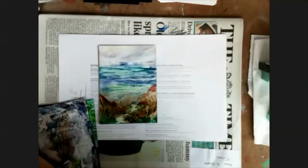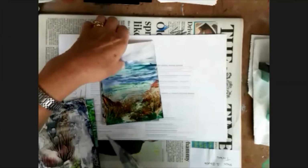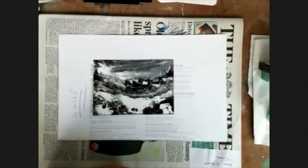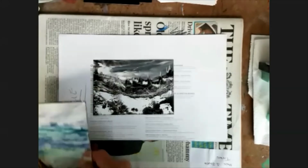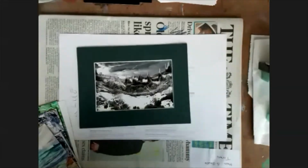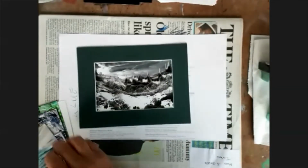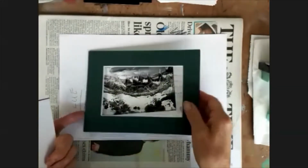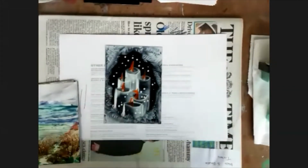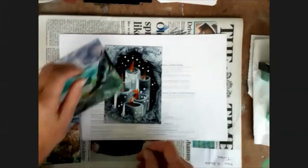Oh, that's nice. That's a black and white. How effective, just doing one colour. It looks nicer on the screen. If you put a mount around it as well, don't forget. Isn't that beautiful? But just so simple. Of course, the candles. Another